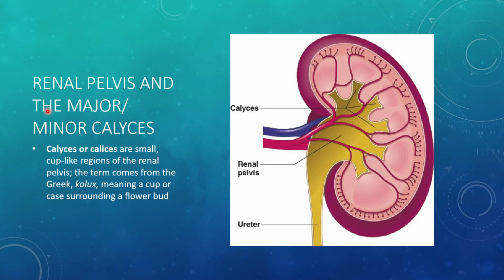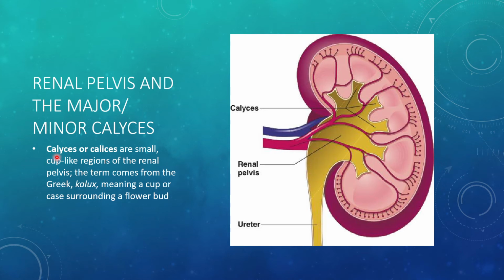Major calyces refer to the larger structures that are formed from the minor calyces. All major and minor calyces ultimately lead to the renal pelvis, which is this collecting point here in the hilar area of the kidneys that collects the formed urine,